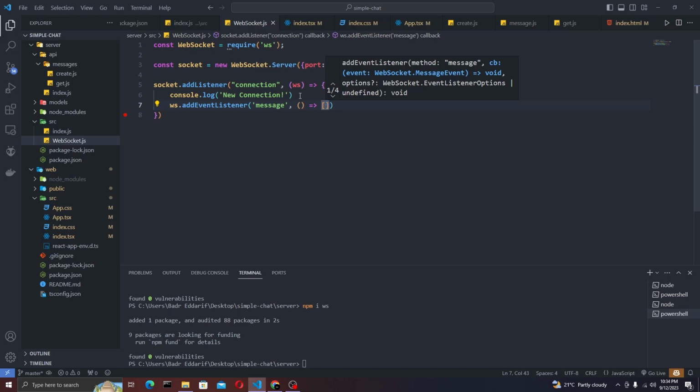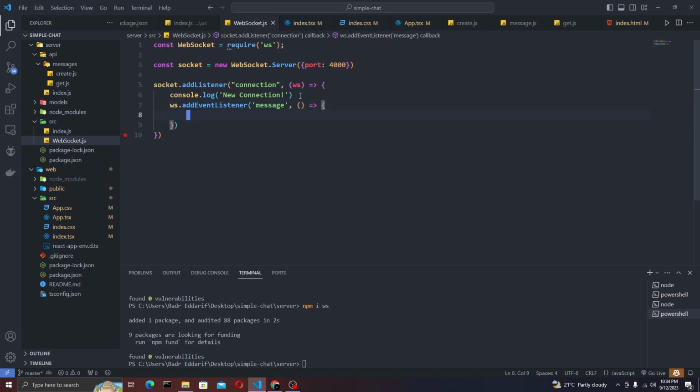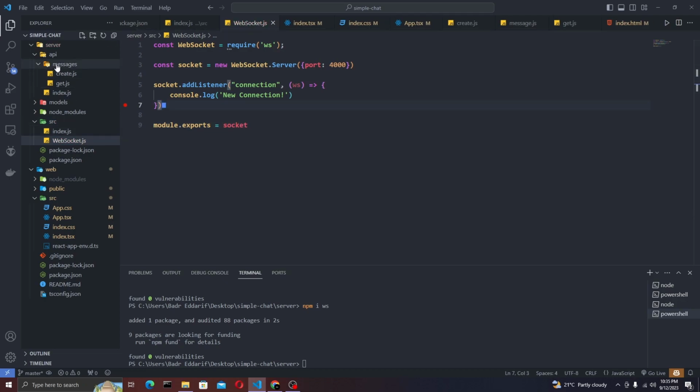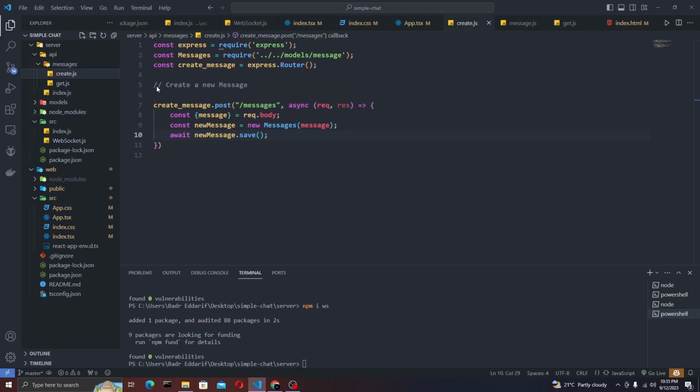So now, if a message comes in, we're going to handle it. To handle it, we're going to use module.exports. Okay, we need to export socket, create. Okay. When it's saved